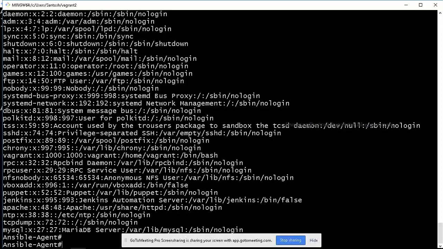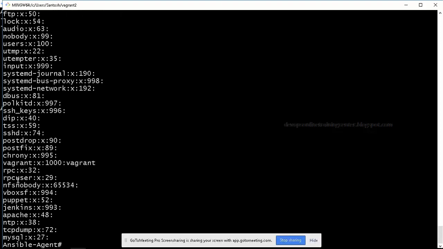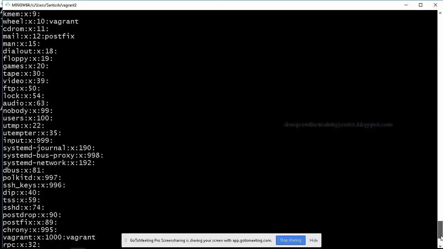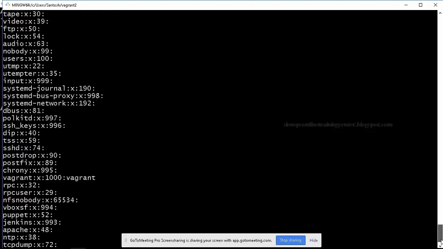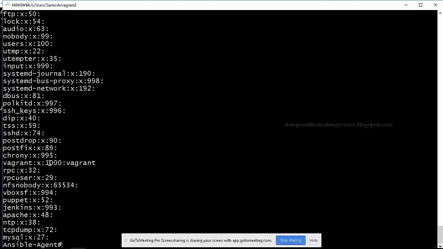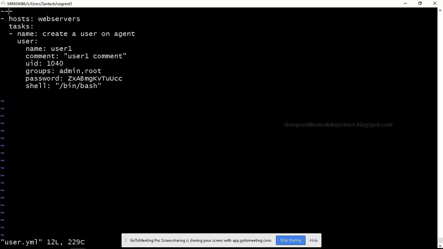In the same way, if you go to /etc/group, there are all the groups created, right? So there will be somewhere admin. Admin is not there. Okay, so we have to make sure that the users group is there. This we can use. And what else is there? The ntp group, this we'll use. Basically we are trying to add a user to these groups, so we have to make sure that the groups are already present, right?